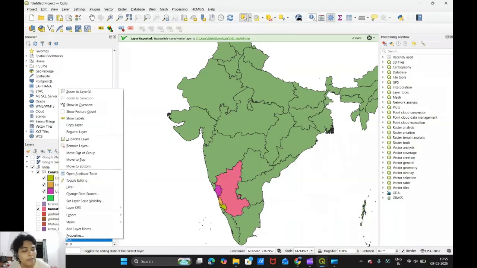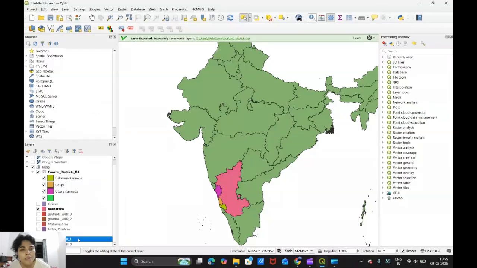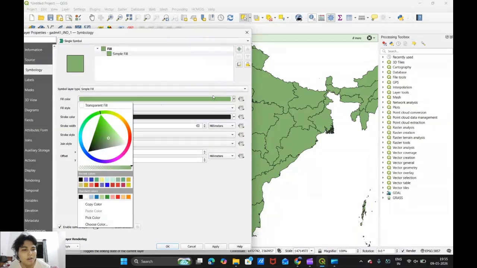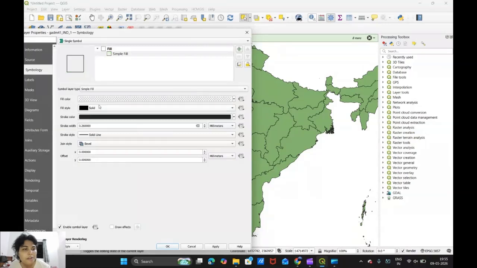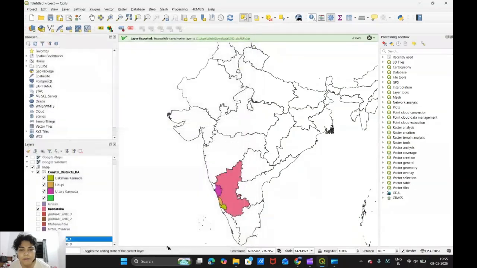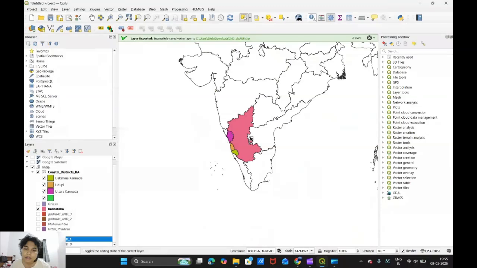So what do I do? Right click on that particular layer, that is GATM India 1, go to the properties and change this simple fill. Select this simple fill and change the fill color. I will change the fill color to what? Transparent fill. Okay, and I will click on apply. So you will see that it has become colorless, it has become hollow, and now only Karnataka is in this